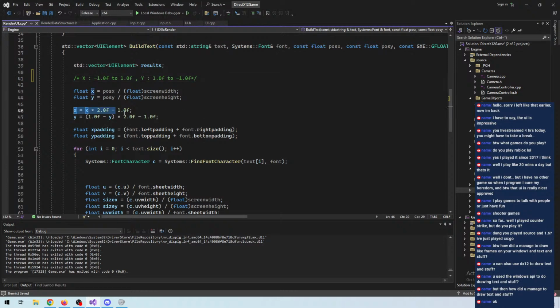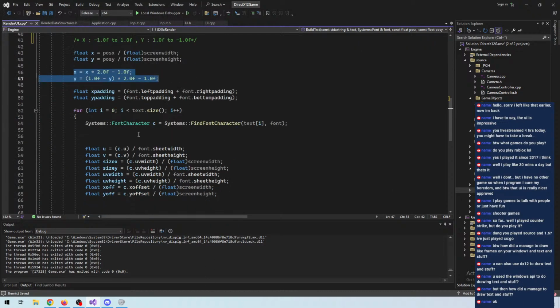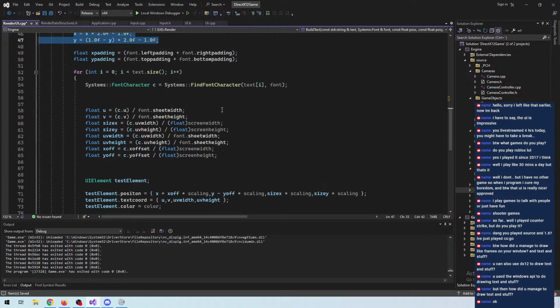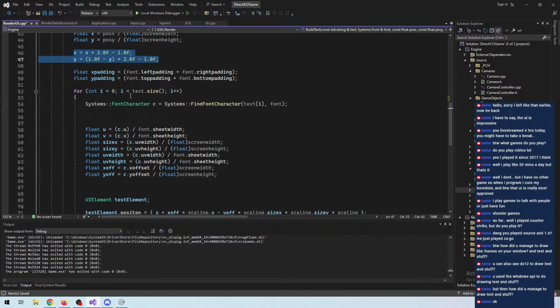So right here we have to translate into these screen coordinates after we normalized the screen position, meaning that it goes from 0 to 1 and 0 to 1, and we always reference the top left corner, and we do some padding, and then we simply